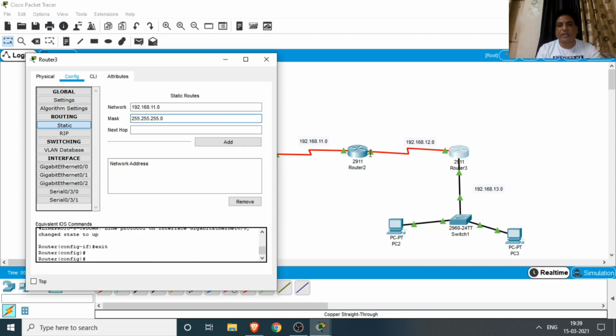Our next hop address is 192.168.12.1. We perform the add.